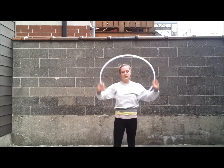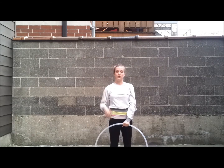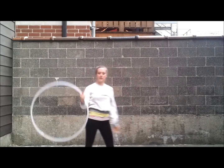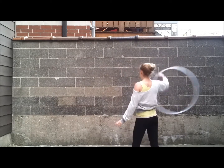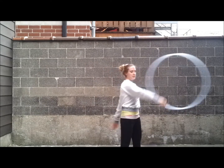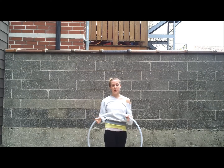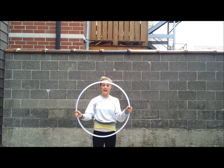So yeah, once you get those down, it really becomes natural. It's just getting the feel of moving your grip while the hoop is moving. Once you get it down, instead of switching from up here, you can switch from the side and rotate like that or something. There are so many different variations because you can do it from any of the points. And once you get really good at that, you could even figure out how to keep it on the same plane